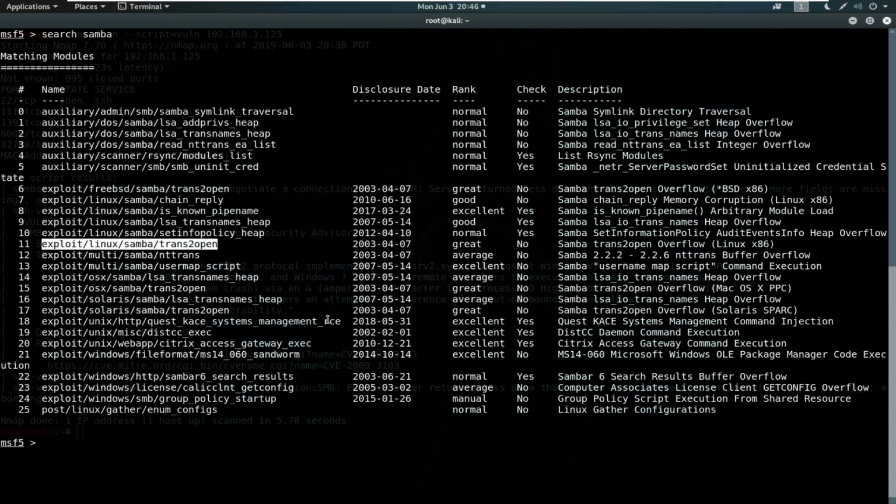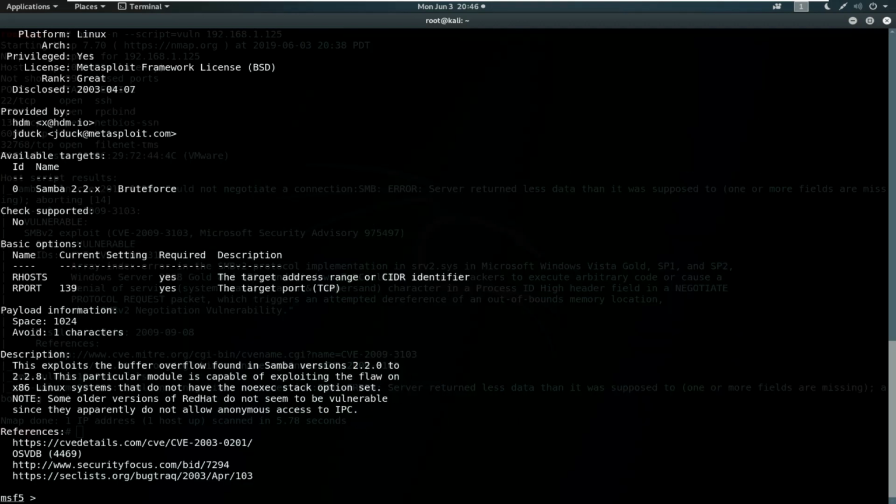Copy this, then type info, and paste the module name. You can see it's Metasploit framework Samba 2.2, which is also the exact match of our actual Samba version